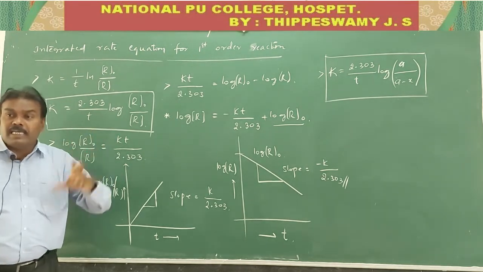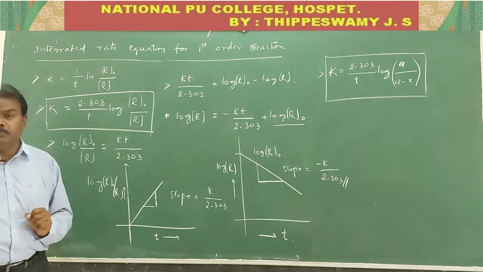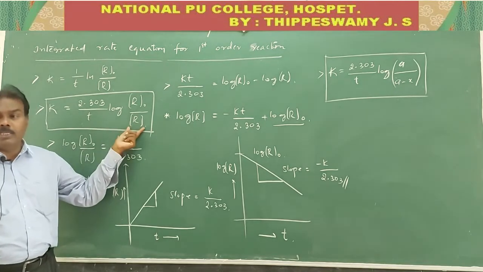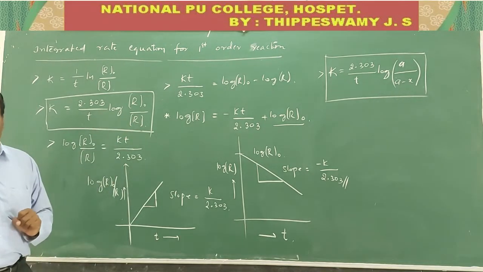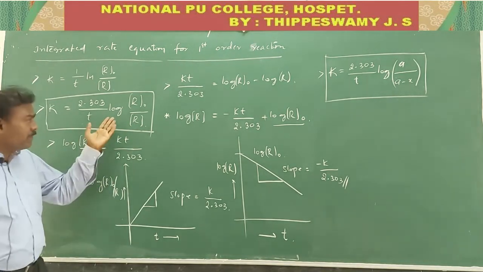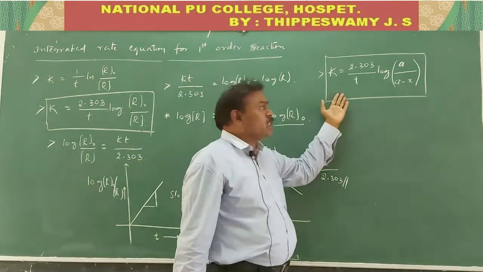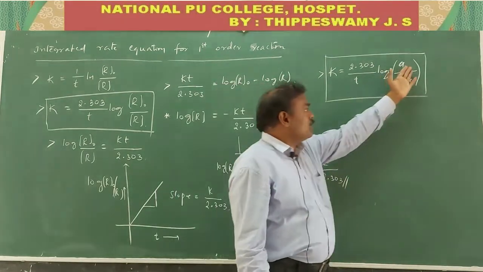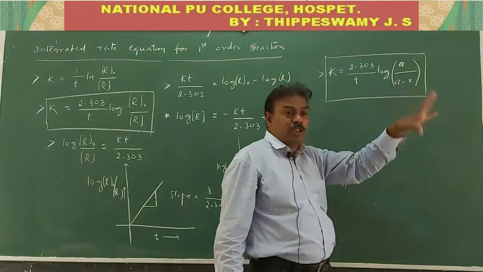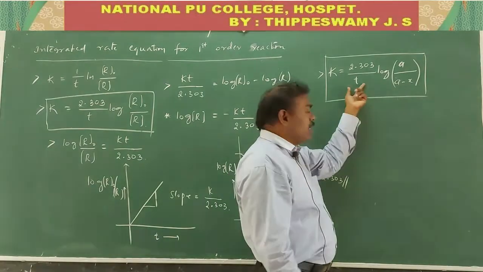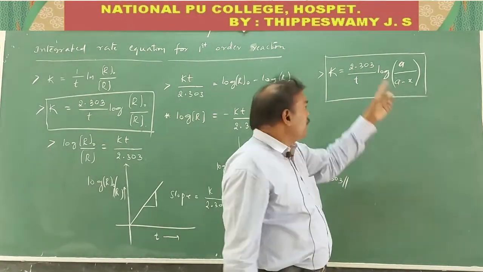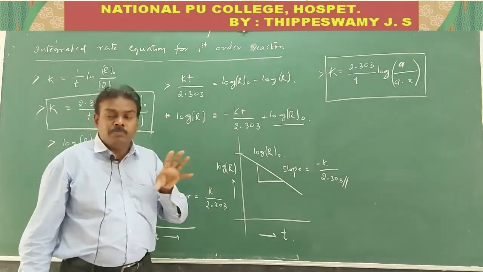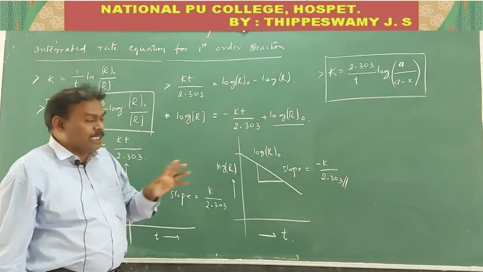What is the integrated rate equation for the first order reaction? In which, what are these variables? It may be small t or r0, even it may be the capital R. These are all very important only. Remember all the points here. Instead of this one, we can also use k is equal to 2.303 by t into log of a by a minus x. A is called the initial concentration. A minus x is called the concentration after the time interval t. And here small t is called the time taken only. 2.303 is a constant. In that way, you have to remember all these points regarding the integrated rate equation for the first order reaction.